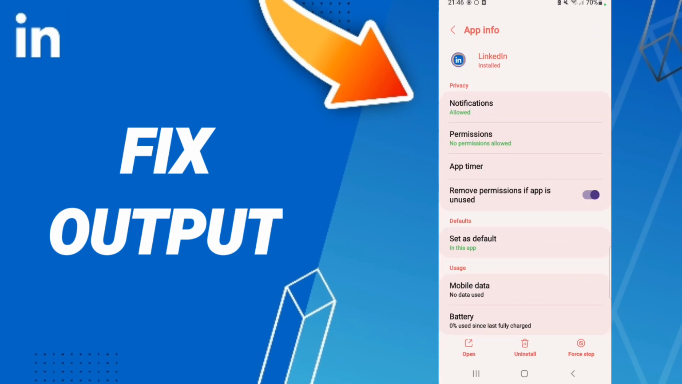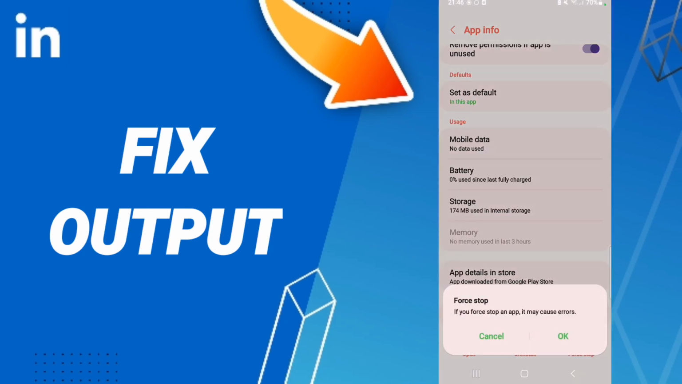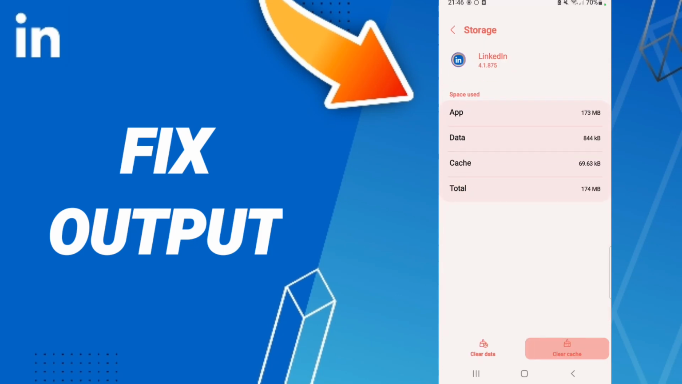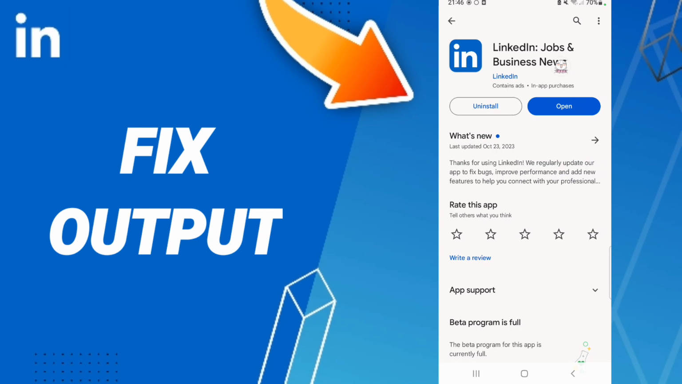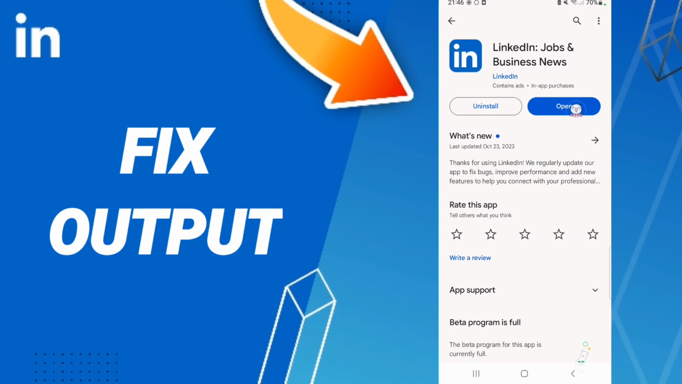When you find this page of app info, you will click on force stop and you will click OK. Here we'll enter the storage window. Then we click clear cache. And in the end you can go to Play Store. You will search for LinkedIn, and if you find here this blue sign, update, you can click to